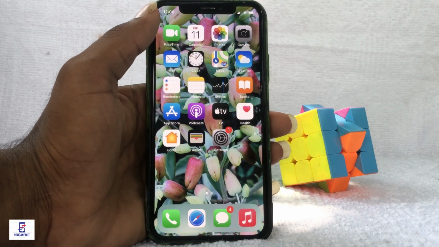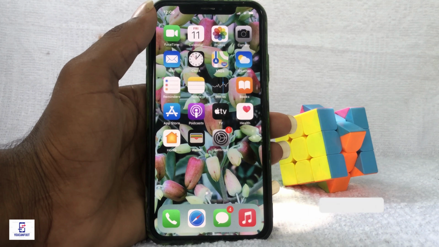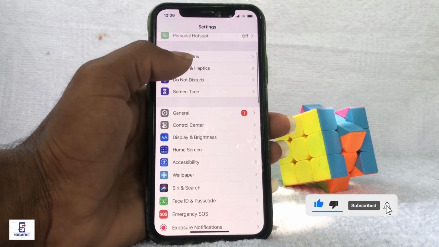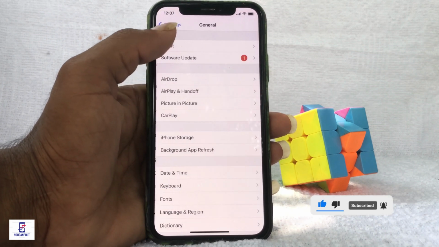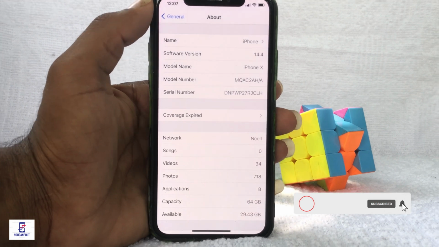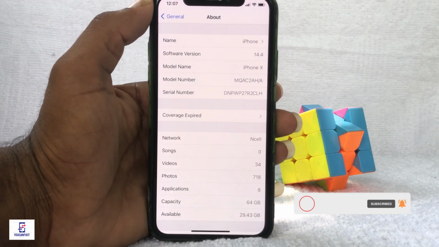Today I'm gonna show you how to install developer beta profile 15 on iPhone. There is iOS 14.4 on my iPhone. Let's use direct iOS